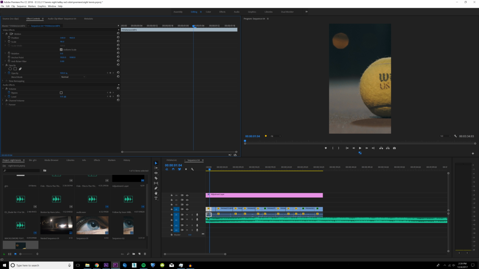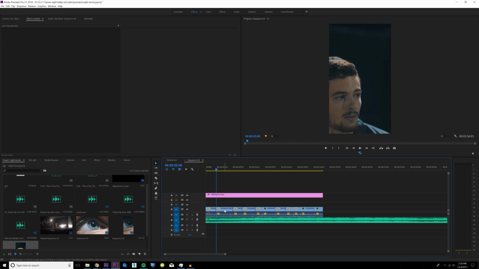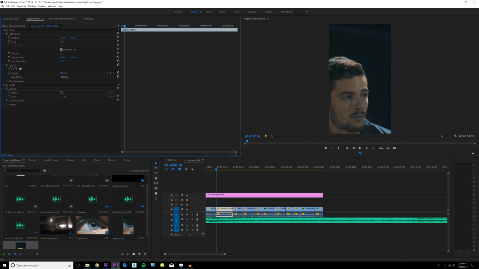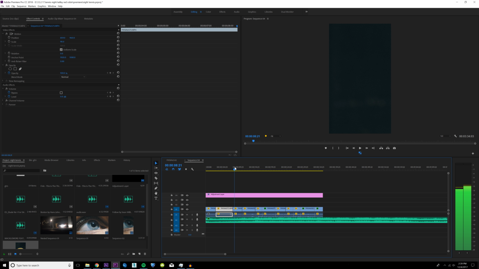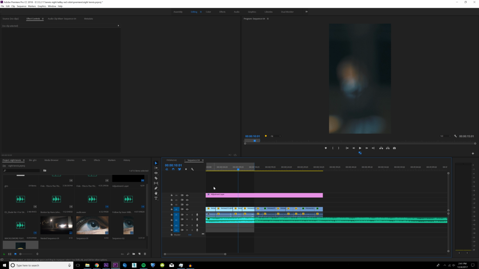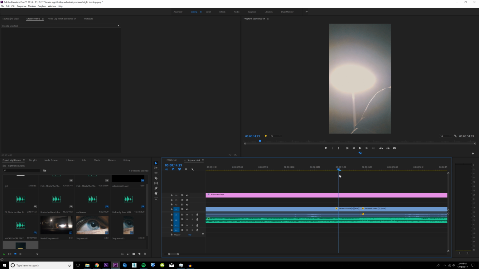For this shot, obviously I want the tennis ball to be the main subject. So I'm gonna slide the horizontal pixels over so the tennis ball is properly framed. And I'm gonna go to the next shot and then slide it over to the left again so my face is in the shot. Boom. So once you have all your shots scaled and reframed properly, then just go in and slide to the